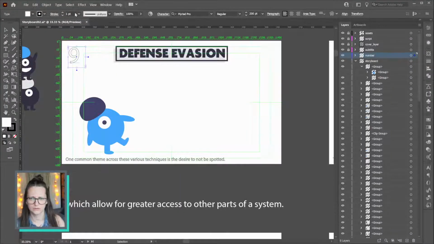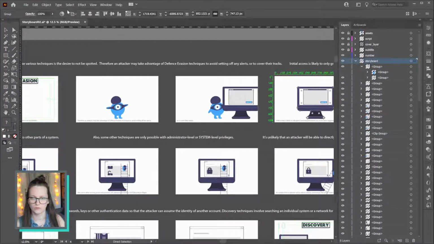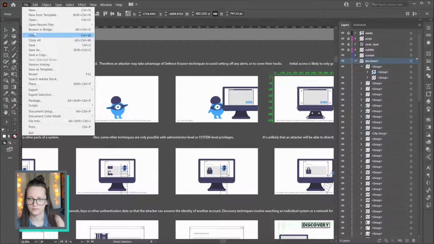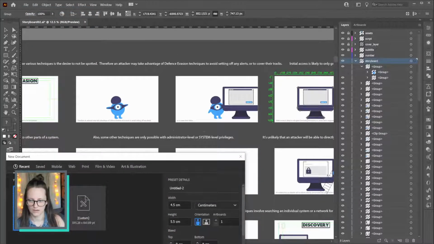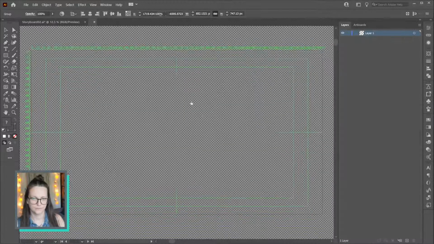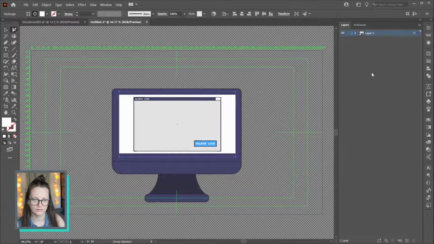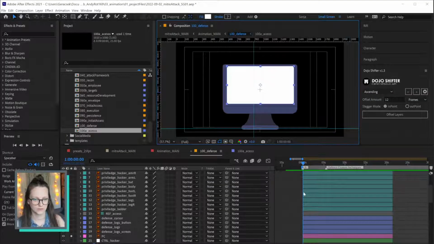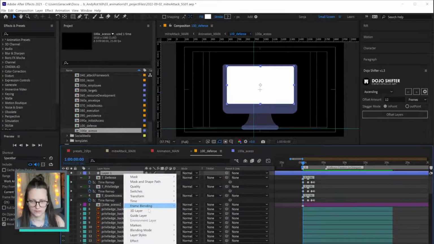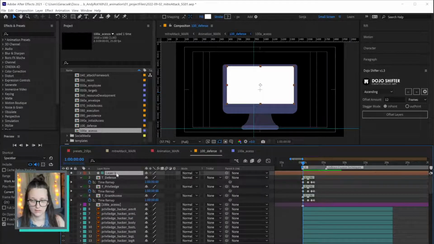You know what? It's a shame that I already closed that window, but I am gonna throw a mask in here after the fact. I'll just grab a random film video pre-comp just so I can use Overlord, and I'm just gonna throw this in there because then I'll have the center of the PC. So I'm just gonna throw that into After Effects. There it is, and I can make a guide layer out of this so we don't need to see it,